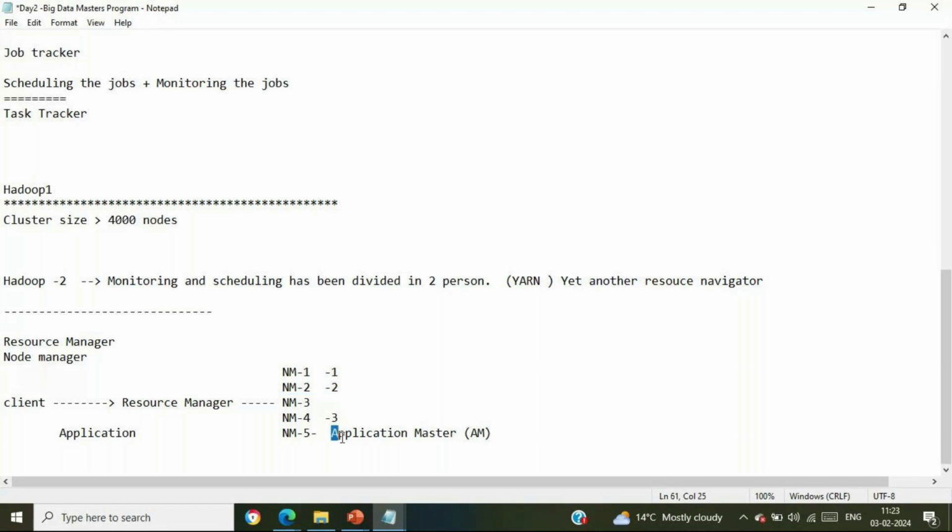So application master is going to bargain with resource manager for the execution of this application. I want to have this much of resources. Then based upon the requirement and availability. Why I'm saying bargaining? Because it might be possible it is saying, say, I need to have 10 resources, I need to have 20 cores. Just try to focus over here. Application master can say anything, but